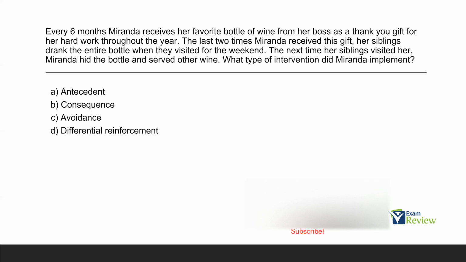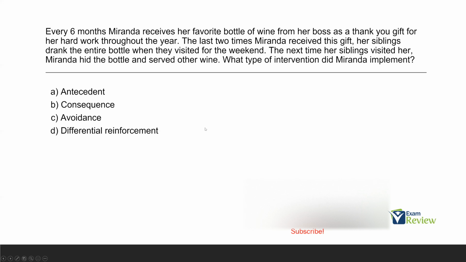This is what we need to be doing more often. A lot of antecedent interventions, consequence interventions, they're reactive, they affect future behavior, they do nothing about the current behavior. Okay. So we need to do a lot more proactive strategies in controlling behavior. Avoidance is not an intervention, it's a function.